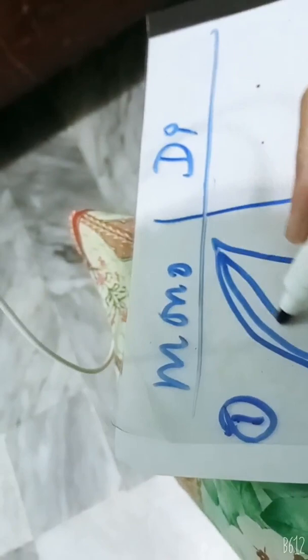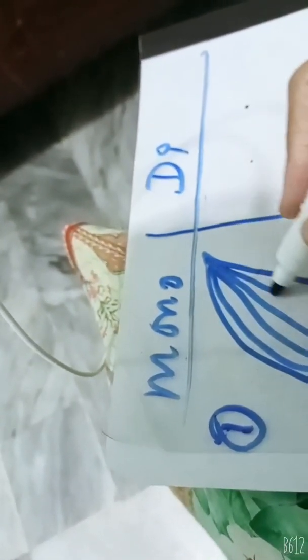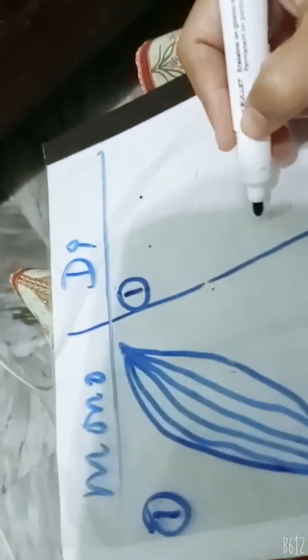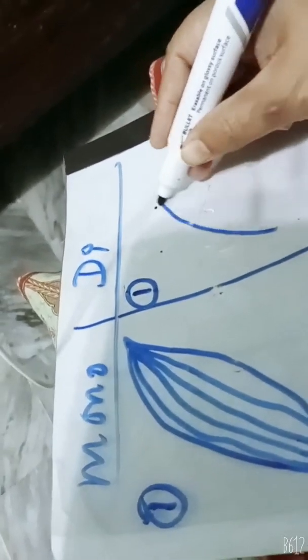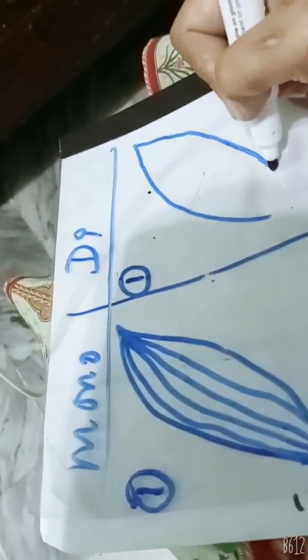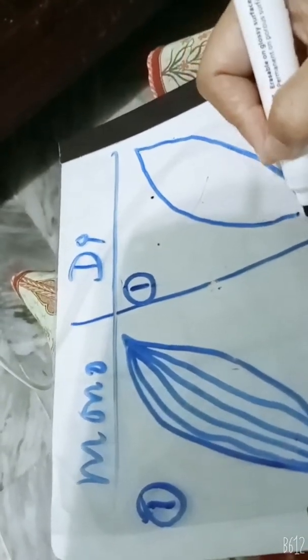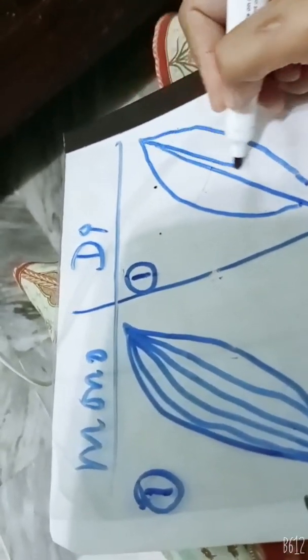One, the leaves of a monocotyledon have parallel venation. Parallel venation means they have simple lines, veins that go from the tip to the bottom in a parallel line without any networking like this. While the dicotyledon have a network of venations. So if you have a leaf like this, the dicot would be something like this.